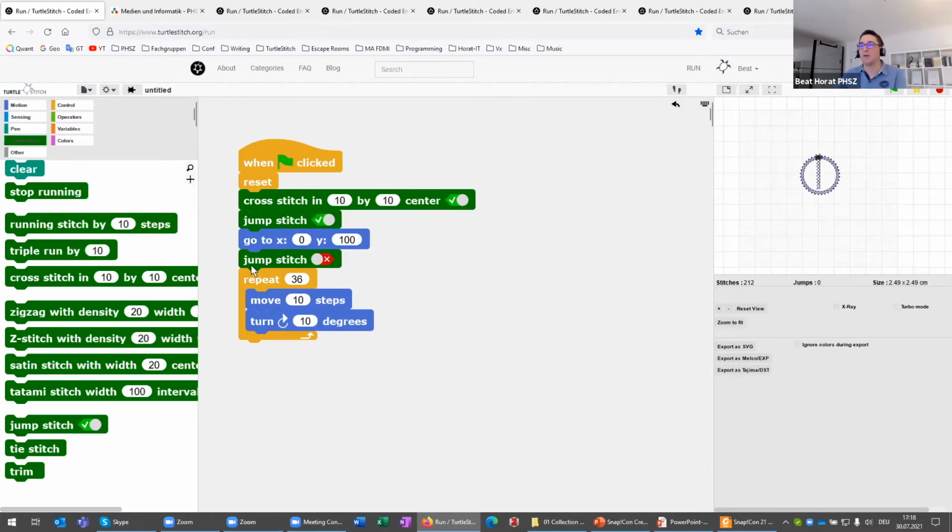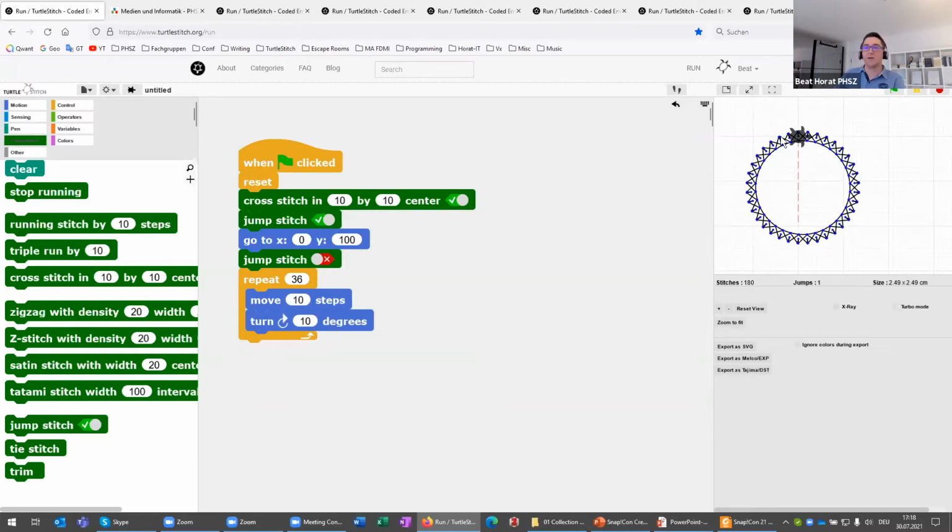In my words, I always say jump no means landing. So this one, the red one here, signifies the landing. When I execute this one, my turtle will move up without stitching, then land, and then create the circle we had before. Okay. The next thing that is important for later analysis for the creative phase is how we make